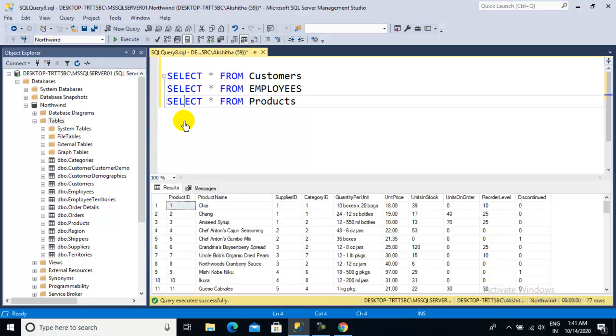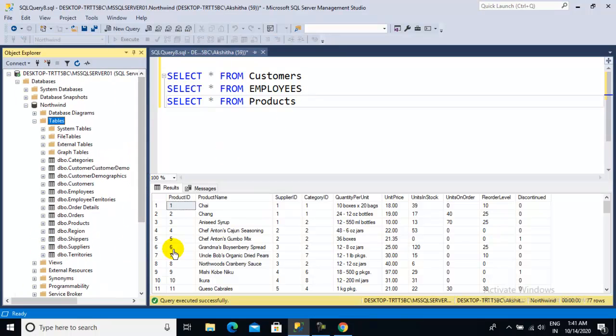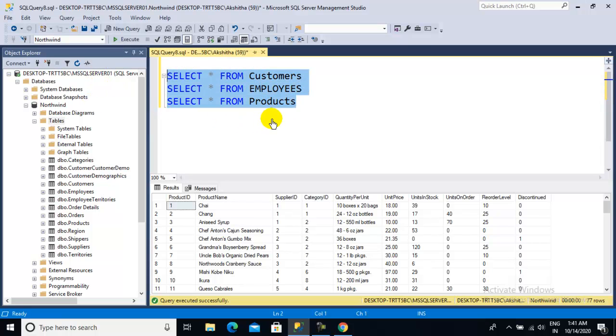For an e-commerce application, like Flipkart or Amazon or other online applications, they generally follow these kinds of tables. They have product information, order information, employee information, customer information. All of the information is maintained by individual tables, right?